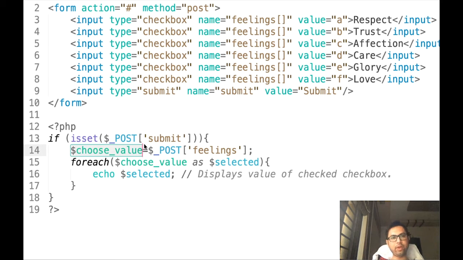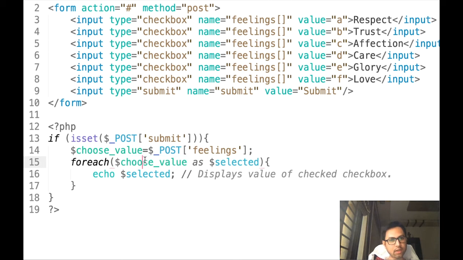So over here there is more than one value, that is an array, so automatically the $choose_value variable is also typecasted into the array data type. So we can extract it using foreach, and you are already aware of the foreach construct in PHP, and if not, then you can visit my previous lecture on looping constructs.